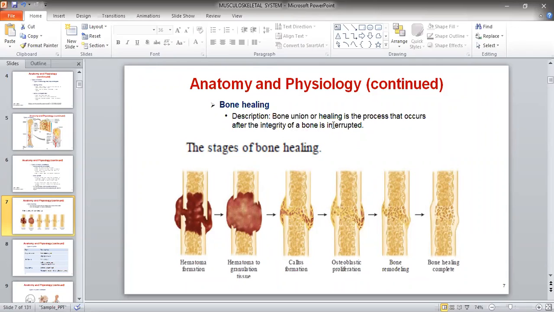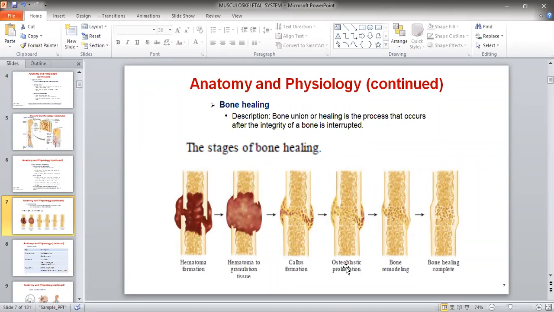So here you can see the first picture, bone is broken, then it's called hematoma formation inside the bone. Second picture, hematoma to granulation tissue. After that, calcareous bone formation,